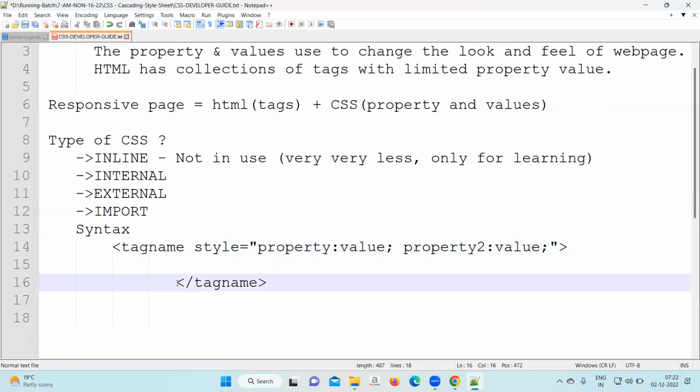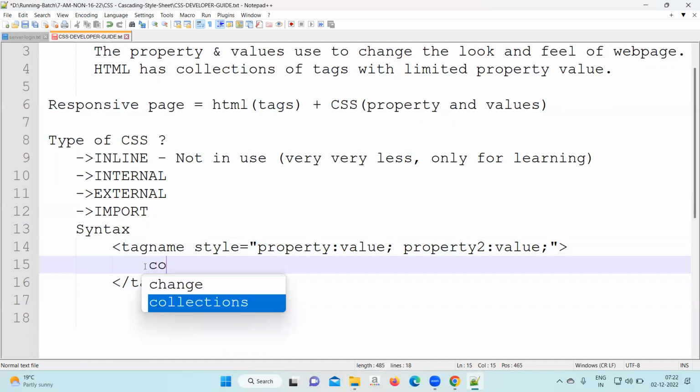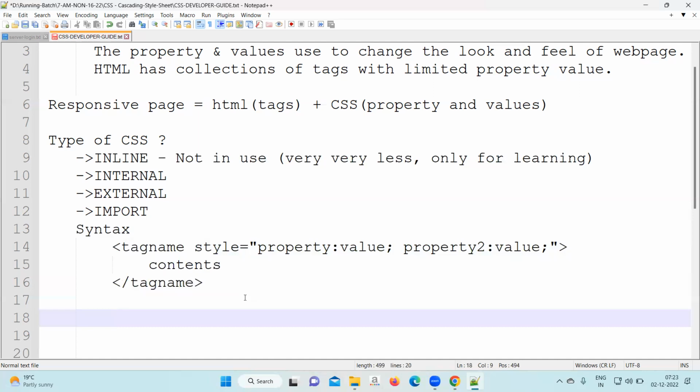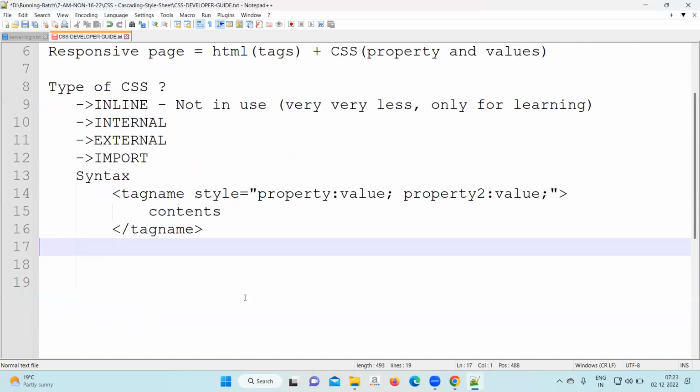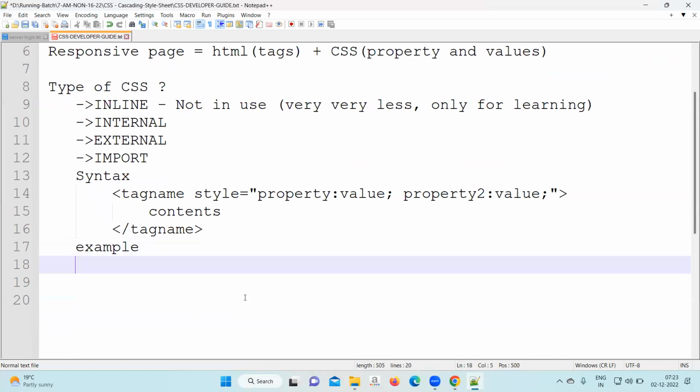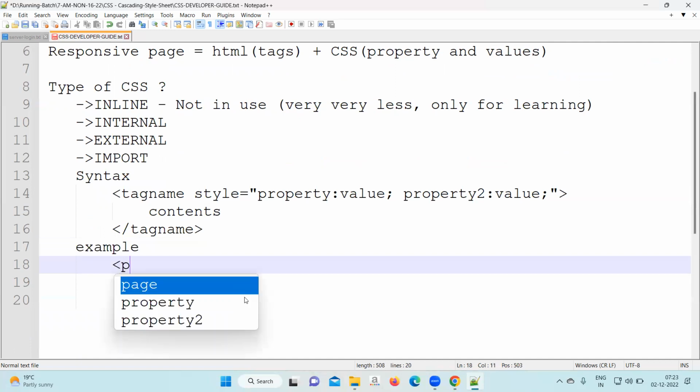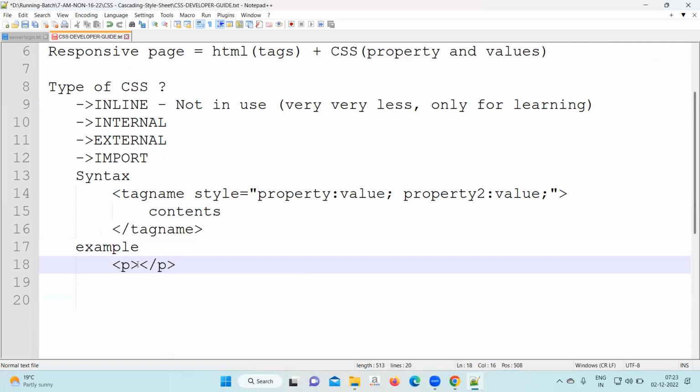Okay, next tag will be here and your contents will come here. Below that, we'll write the next line as an example. Now you can see here, you can open a tag called maybe p tag, close the p tag. For this p tag, you can use the property style equal to